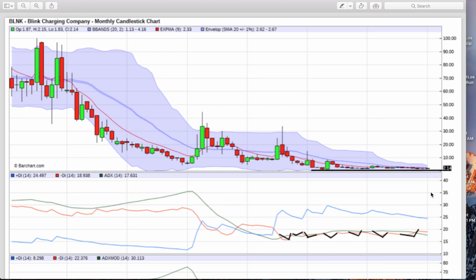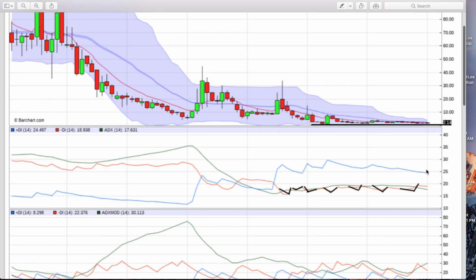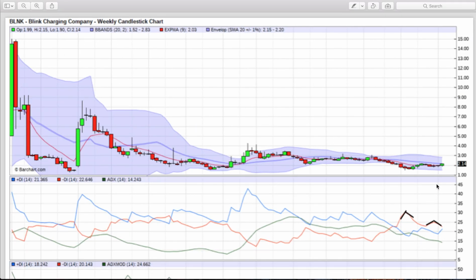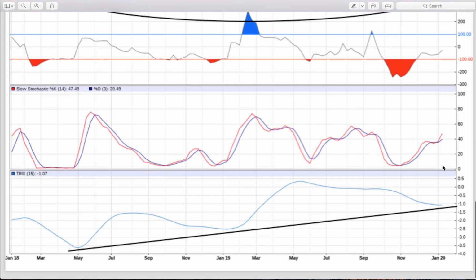So, all right, guys, here's my analysis. My analysis is that I believe that we can hit $3 in the next few weeks, few months. That's about an 85-cent move. 85 cents on over $2.14 is about a 30-some-odd percent return. That's not bad. If we're really lucky,